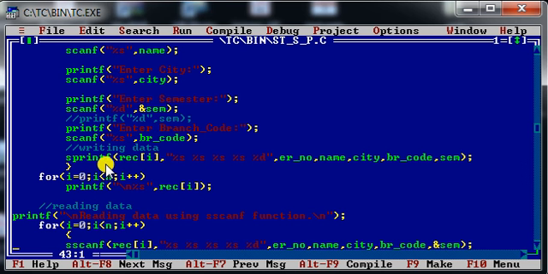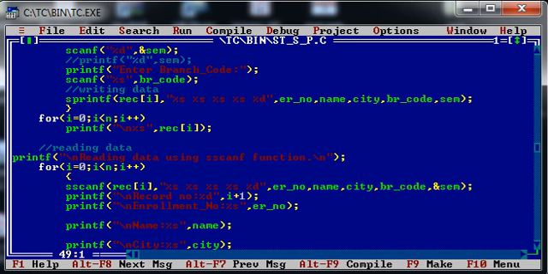Sprintf combines values together into a single unit, whereas the scanf function is used to extract different types of data into multiple variables from a single unit. They both work oppositely.